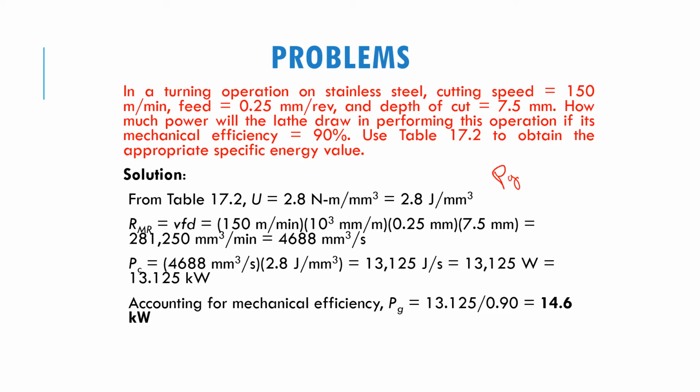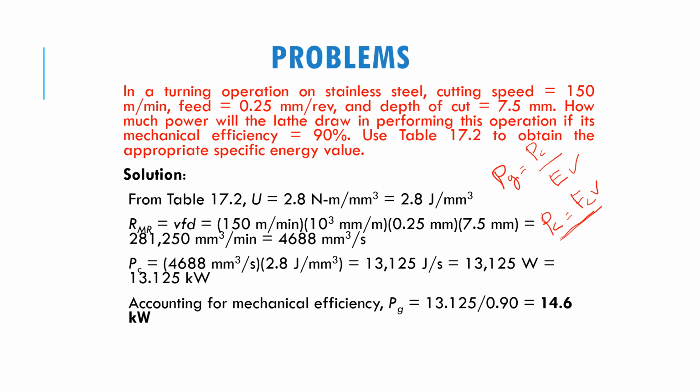In order to get the PG equal to PC over E, right? Now we already have the efficiency, so we have to calculate the PC. How do you calculate the PC? If it is FC times V, is FC given in here? No, right? V is there, but FC is not given. So you will not be able to use this equation. So what are the other equations that have PC, where we have all the information that we want to calculate